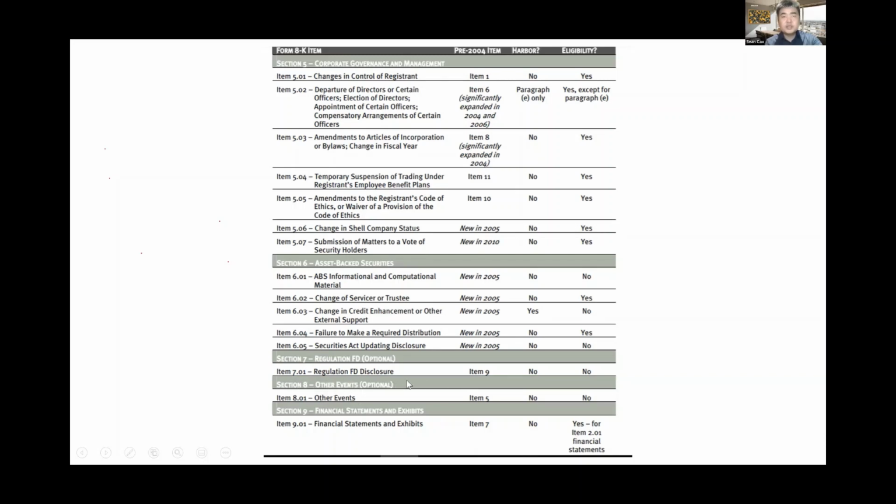The press release was in item 9 before the regulatory change. After the regulatory change, it will be item 7.01, but before the regulatory change, it was item 9. So you can see, that's the rough classification.